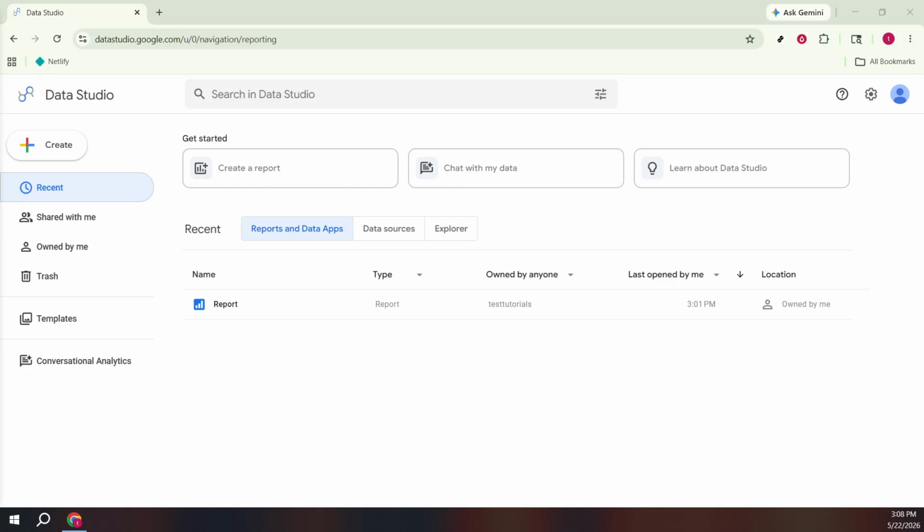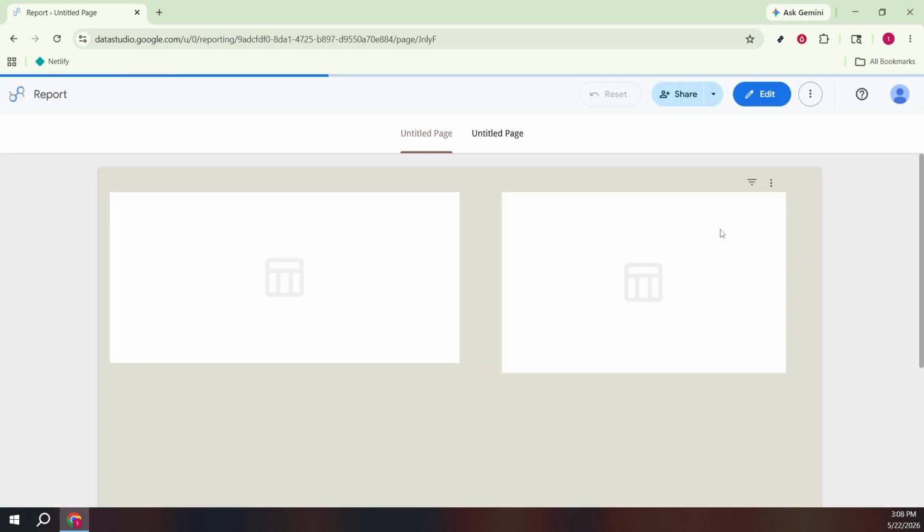In today's video, I'm going to teach you how to change the data source in Looker Studio reports. First, open Looker Studio in your browser and head to the report you want to work on. If you land in view mode, switch into editing by clicking edit at the top. If you don't see the option, you may not have edit permissions on the report, so make sure you have